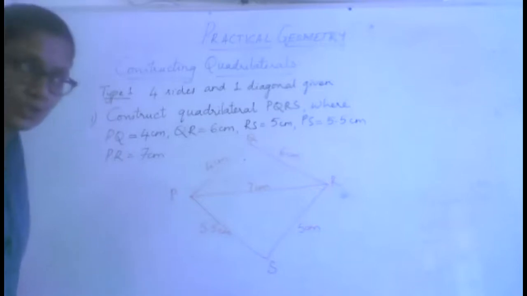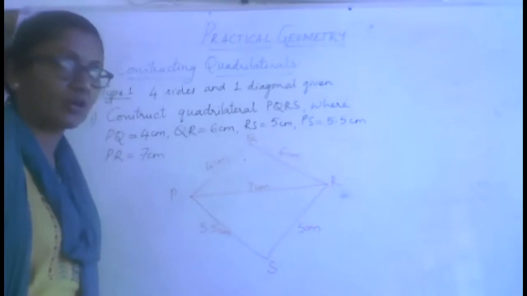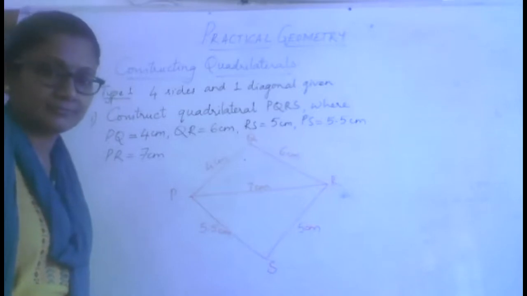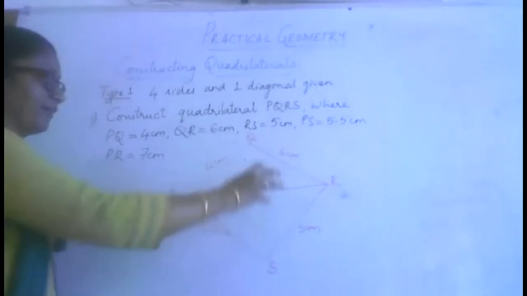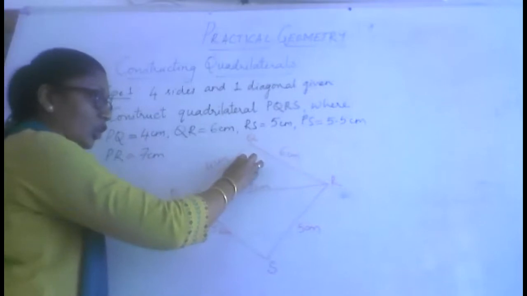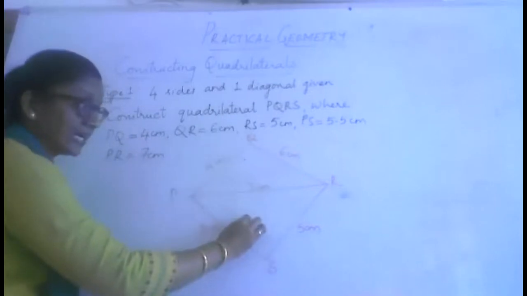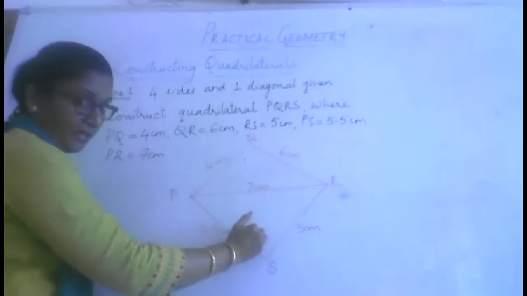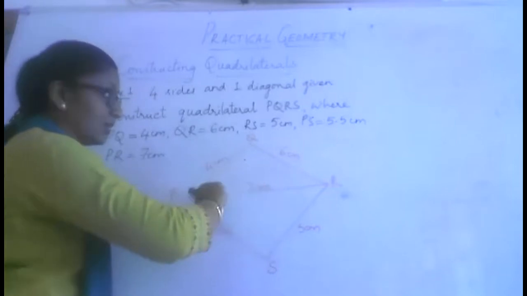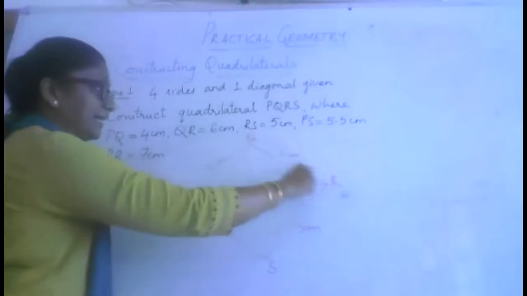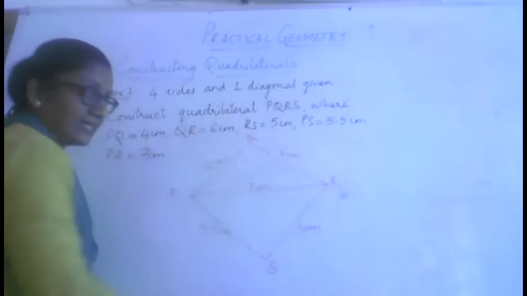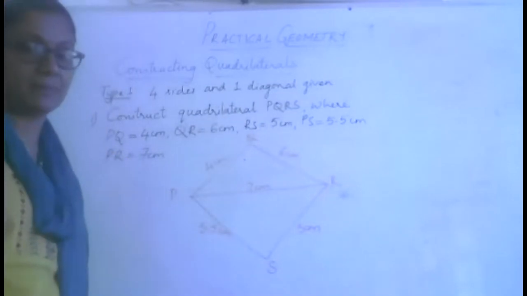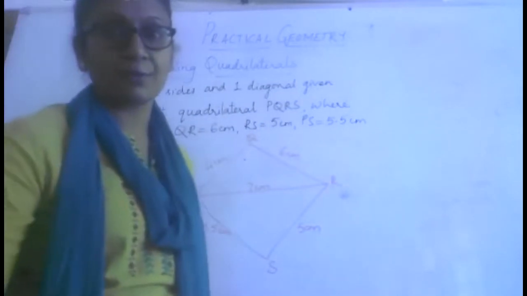Do you think you will be able to construct that triangle also? So when you construct a triangle on top of PR and another triangle below PR, then you are getting two triangles. When these two triangles are completely done, what you are resulting is a quadrilateral PQRS. So this is what we are going to see.